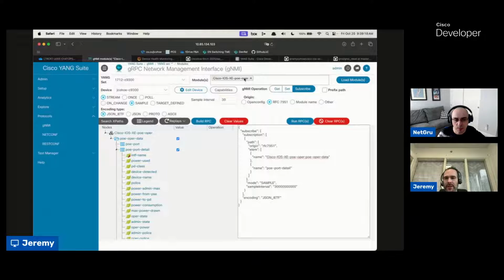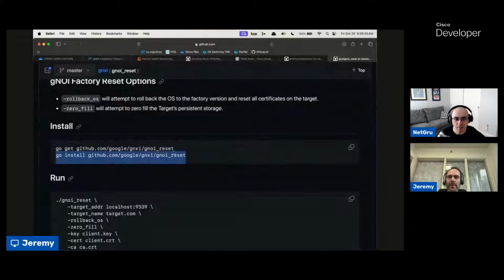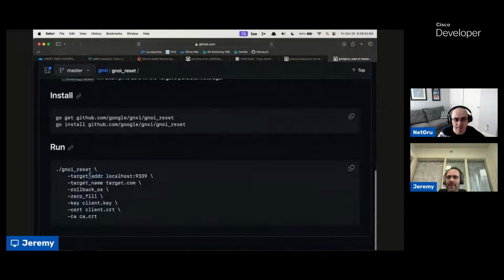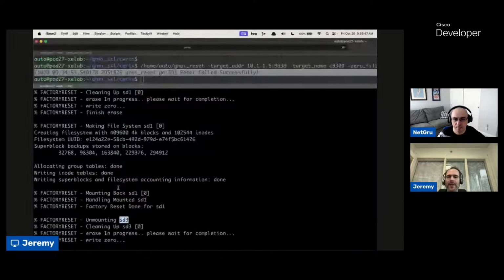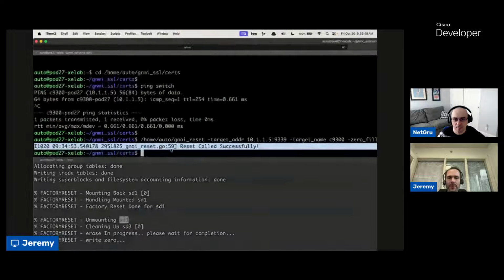There's just an engineering special that we were working on to more programmatically do GNOIs, and really it was for testing, so we could programmatically test GNOIs with Yang Suite. That's another roadmap feature that could be coming into Yang Suite, because using the command line reference tooling is nice, but it's another tool that we need to manage. It's another set of certificates and flags that we need to manage, and that's why you see here that I have some helper scripts